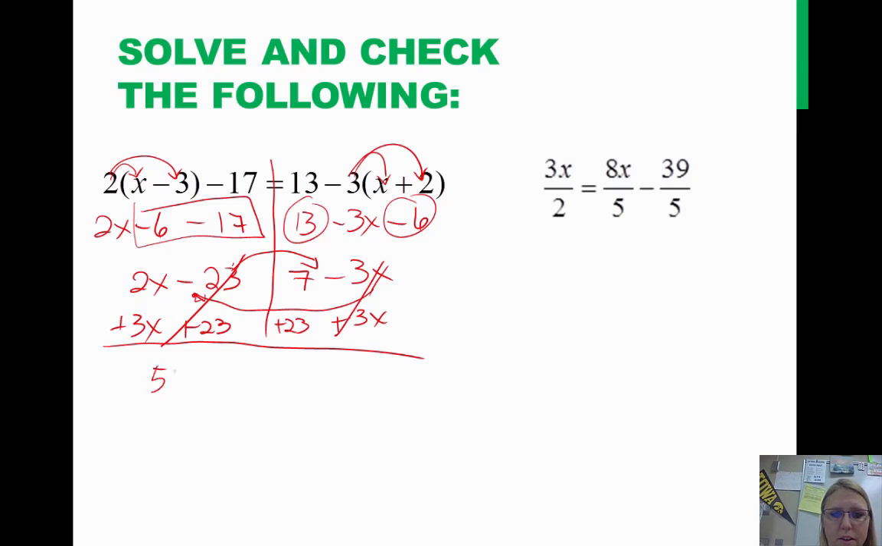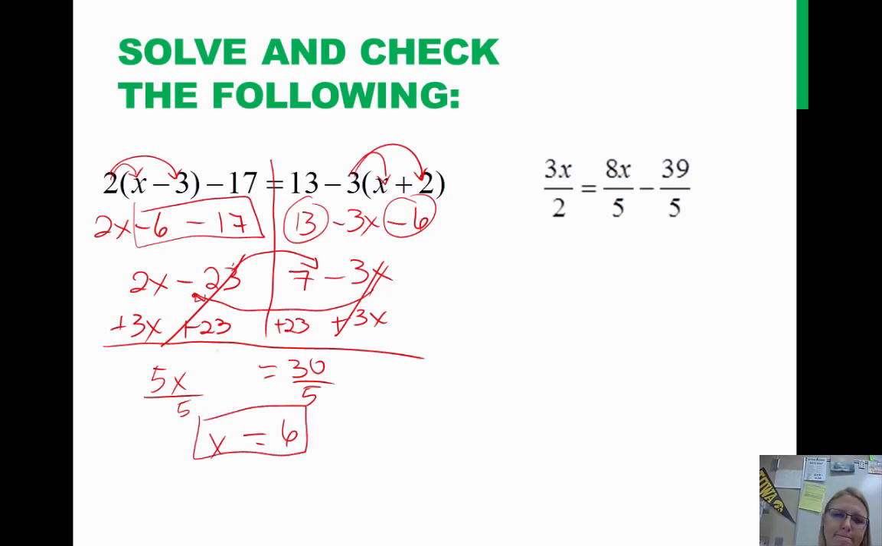I now have 5x equals 30. If I divide both sides by 5, I now have x equals 6. So once again, you can check it by placing the 6 into the x value. So if we do that,